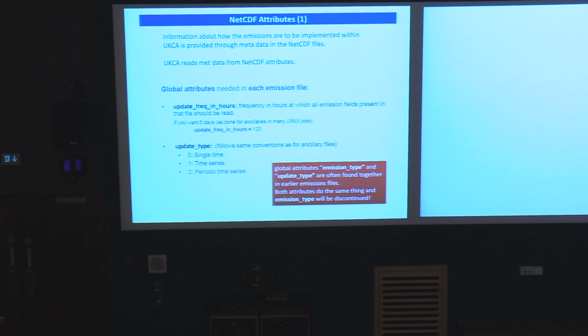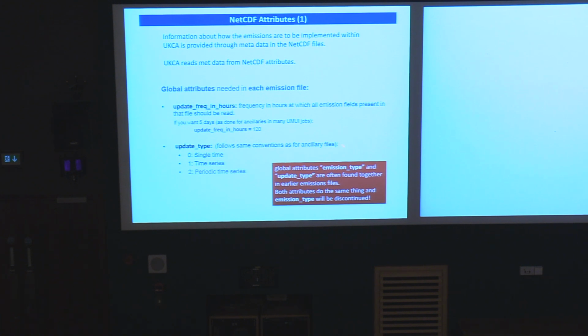However, this requires an adjusting of the emitted fluxes every so often, and here this is set to 5 days, 120 hours. You can change this. However, the way it is set up at the moment, this cannot be changed in the model. This needs to be changed in the emissions file. Perhaps in future versions, this is a switch that can move into the model. I had discussions about this with Alistair Sellar, and he said, yeah, it would be much better to have it in the model rather than in the file.